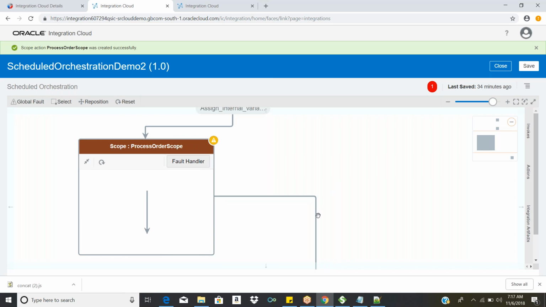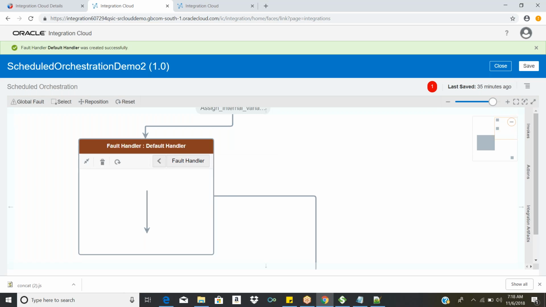Whatever actions you perform inside the scope will be there until the end of the scope only. If you want to handle any errors or exceptions, they can be handled in the fault handler section. When you click on the fault handler section, the default handler will come up. There you can perform some actions. Let's say an exception occurs when I call the DB and something has happened. How do you want to handle that particular error message? That's the question.